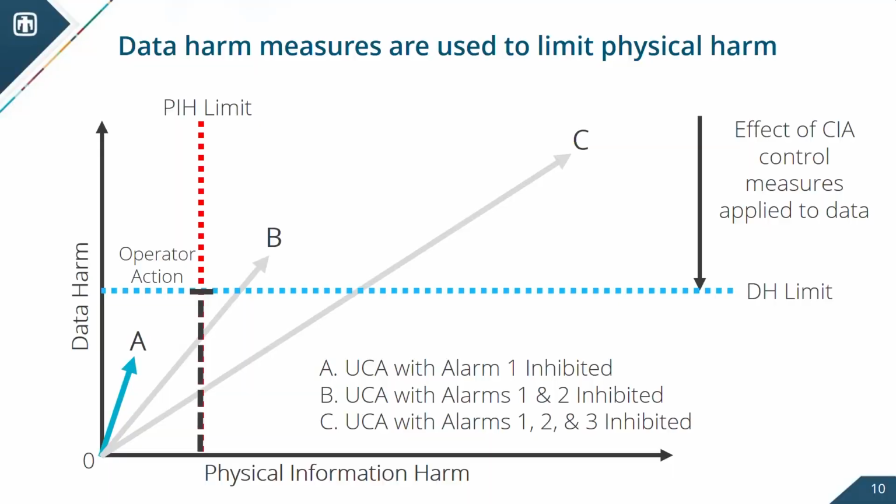And so then how do I build and design my systems, especially with my intrusion detection, to say, hey, adversary is able to inhibit 1 alarm, now we need to put additional effort, apply additional resources to really know when the adversary is inhibiting 2 or 3. And that's how you get to lower the data harm limit to an amount that only the information harm triangle that represents scenario A, which is that single alarm inhibited, is actually allowed. So this is tremendously important for how we do our defense in depth.